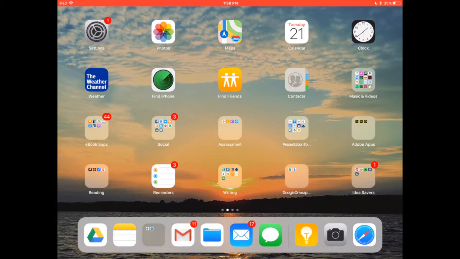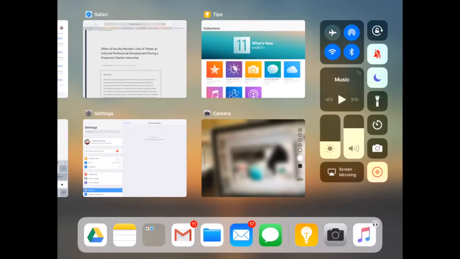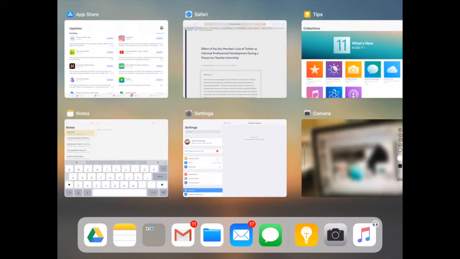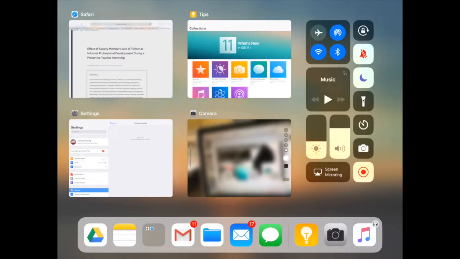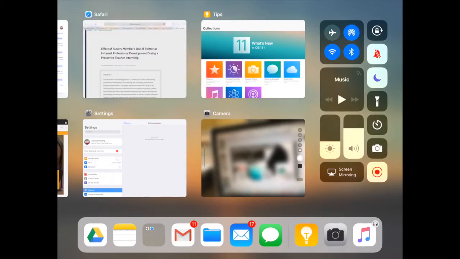The ones on the right will change all the time depending on the apps that you're currently using on your iPad. Now, if I take my pointer finger and swipe up from the bottom of the screen, it shows my control center. And the control center has really changed a lot over the life of the iPad as a device, and it is so much more useful now than it ever was in the past. So to the left, you can see I have panes that show the apps I've used most recently. If I want to close an app, then all I have to do is swipe up on that app and it will disappear. And then to the left, I have all these tools that I can get to really quickly